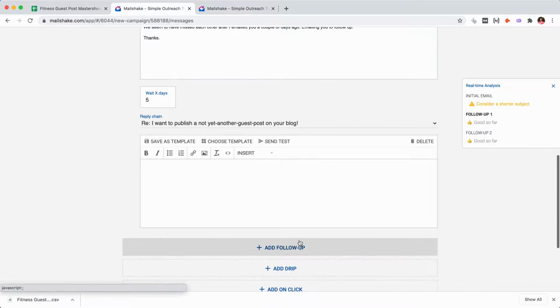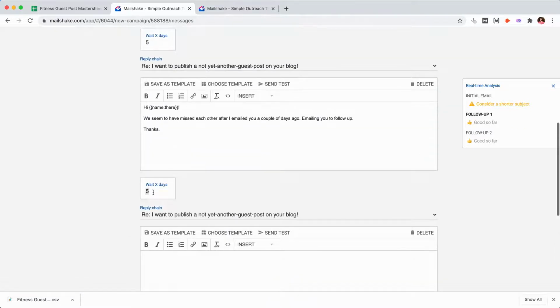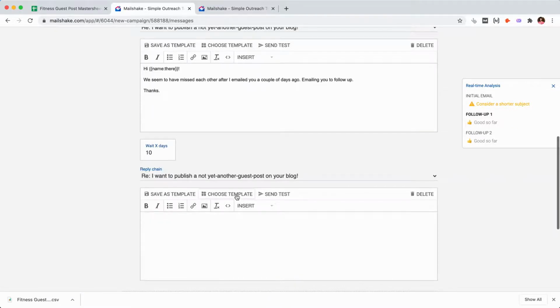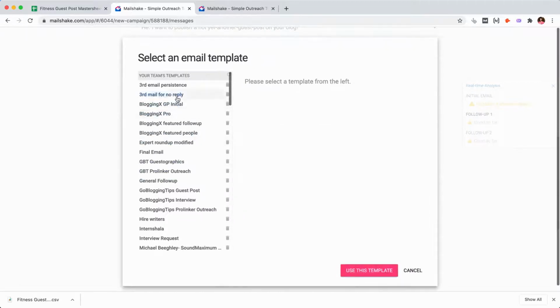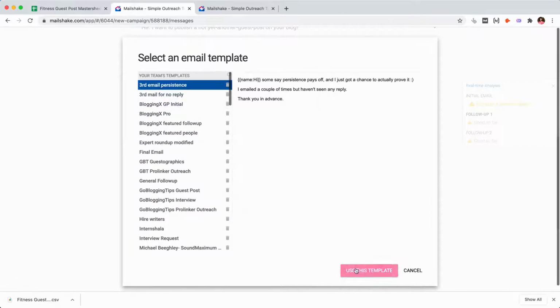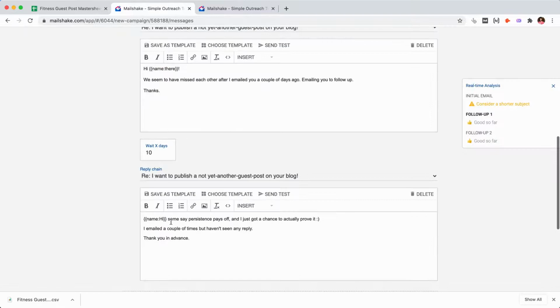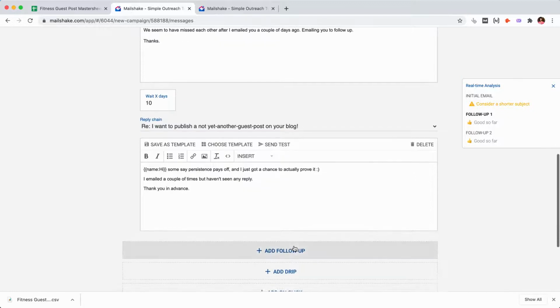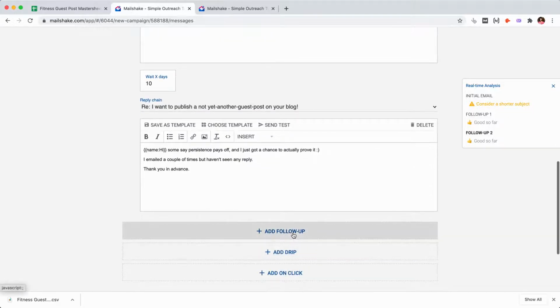And I can add another follow-up maybe after like 10 days, and I can choose a template for this, like third email persistence. Hey, some say persistence pays off, and I just got a chance to actually prove it. I emailed you a couple of times but haven't seen any reply. This is a reply-triggering email follow-up. I can add another follow-up also.